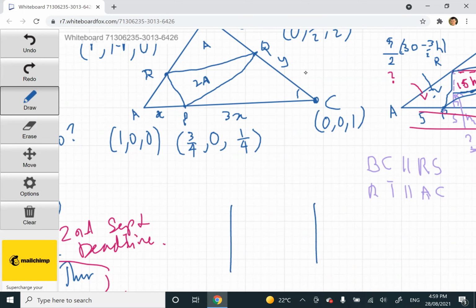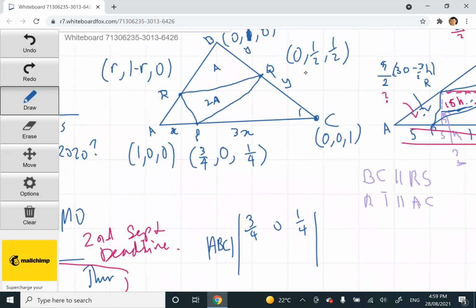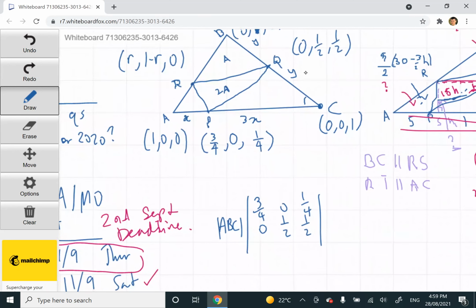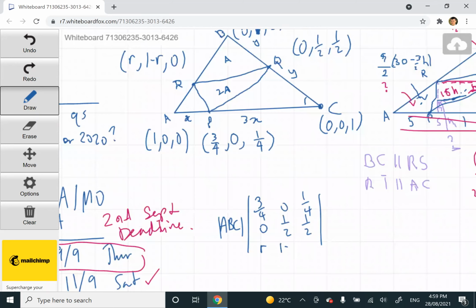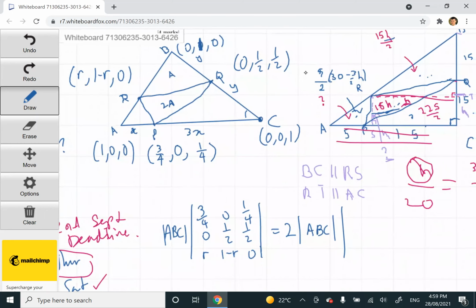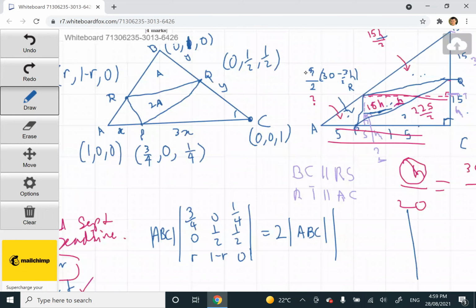The area of triangle PQR is the area of triangle ABC times its determinant, with rows 3/4, 0, 1/4; 0, half, half; and r, 1 minus r, 0. And that's supposedly twice the area of BQR, which is